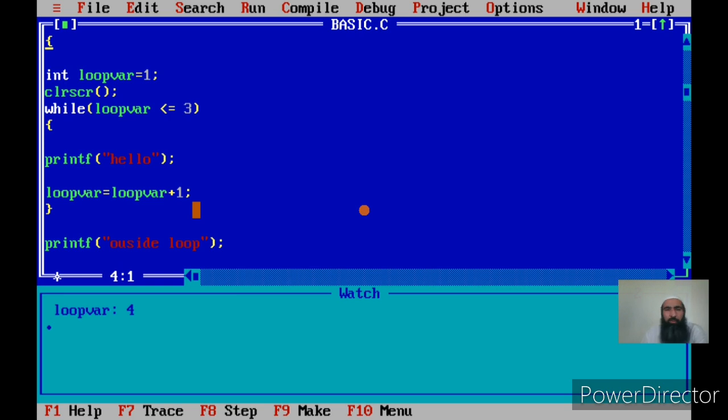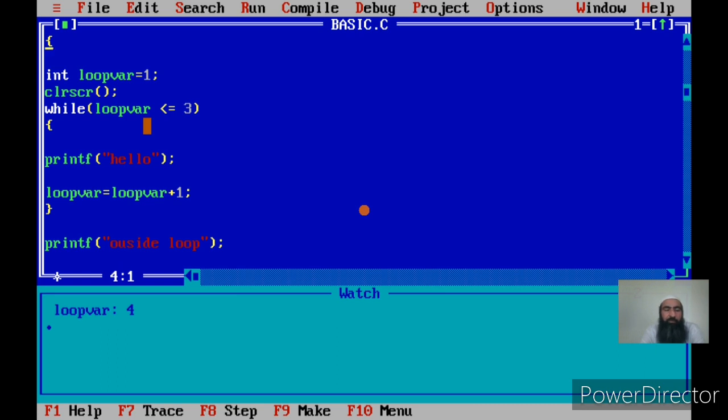If you don't increment the loop variable, then suppose the condition was true, it will always remain true and the loop will not be terminated, because if I don't change or increment this loop variable, it will always remain less than or equal to 3, and my loop will never be terminated. Such loops are called infinite loops, and you should be aware of those loops. They are useful as well. It's not that they are always harmful. There are so many applications that won't run if there are no infinite loops in them.